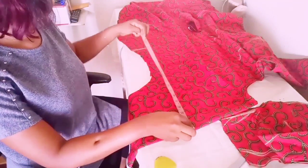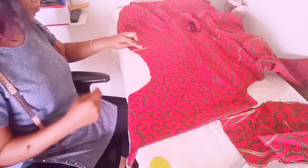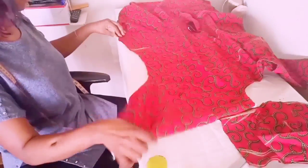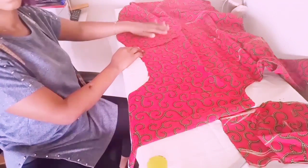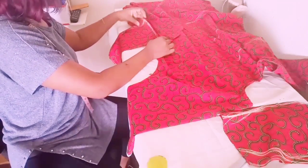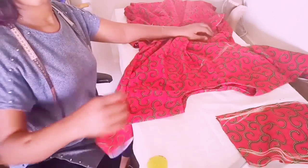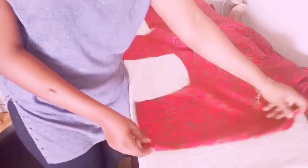Now from my shoulder, I will place my tape rule and take about 18 inches downwards, and this is going to be where I will place my pockets, and I will mark this on the good sides of my fabric. Now also remember to place your seam allowance and add your pockets at that seam allowance and stitch the good sides of your pocket together to the good sides of your fabric. Now once you're done doing that,